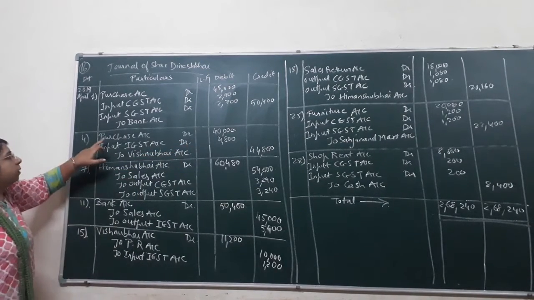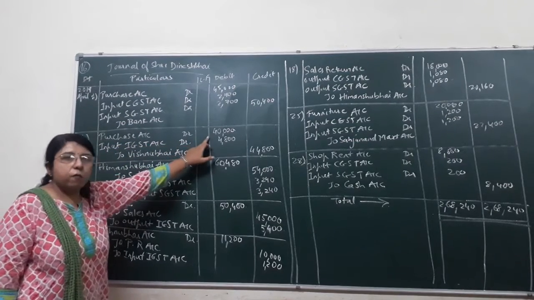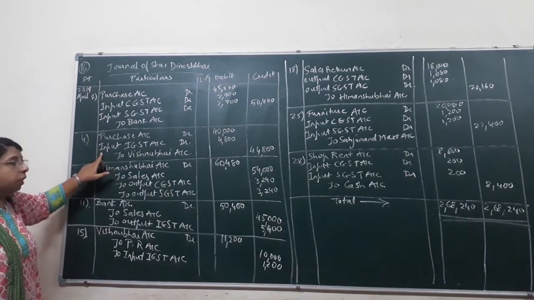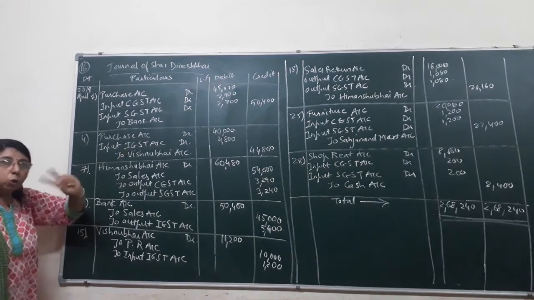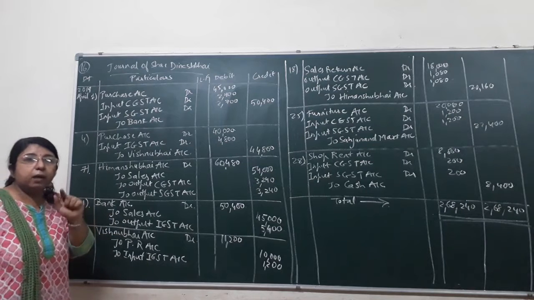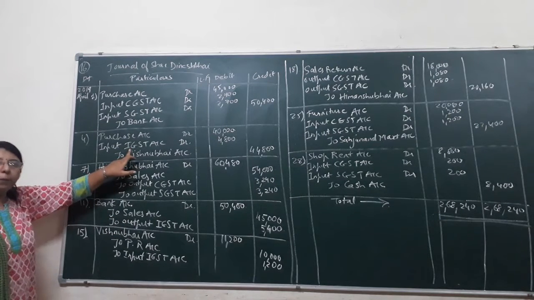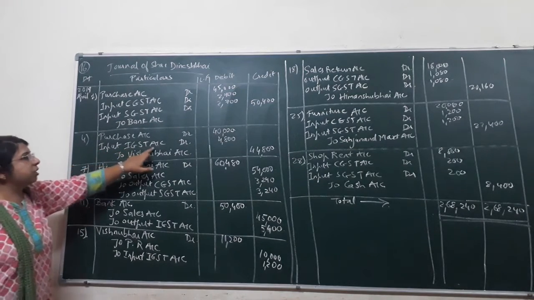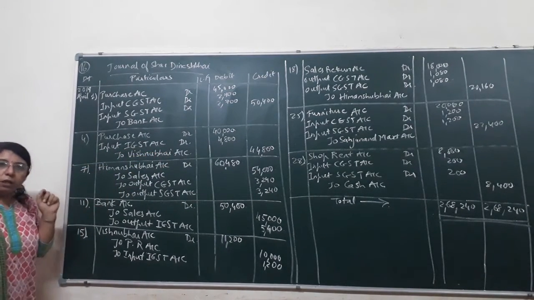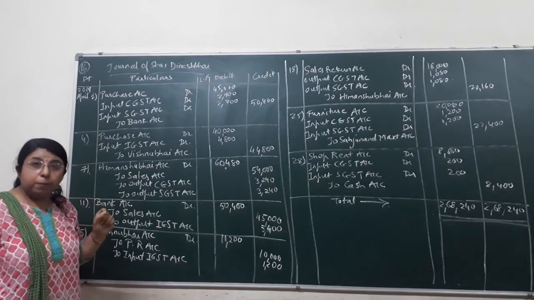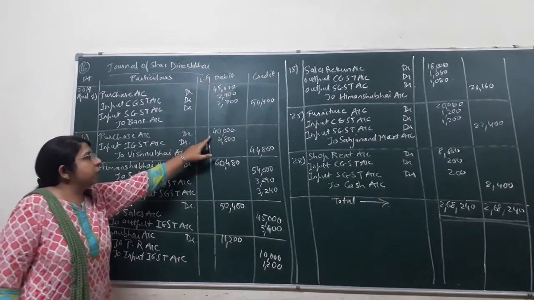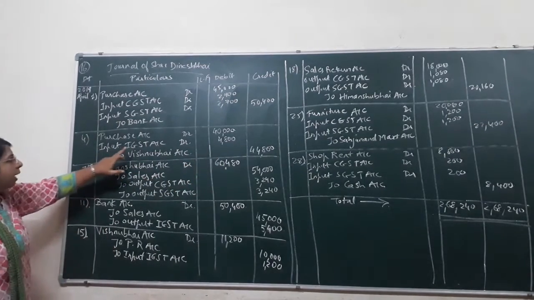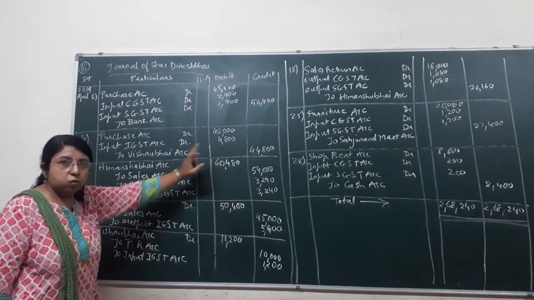Okay. So the entry would be purchase account debit, that is 40,000. Now with purchase, then the word input will be applied. Okay. And over here it is between two different states, between Gujarat and UP. So which tax will be applied? That is IGST. Okay. Only one tax. So input IGST account debit. How much rate of GST? That is IGST, that is 12%. Okay. So on 40,000 we will count 12%. It would come to 4,800. So input IGST account debit, that is 4,800.